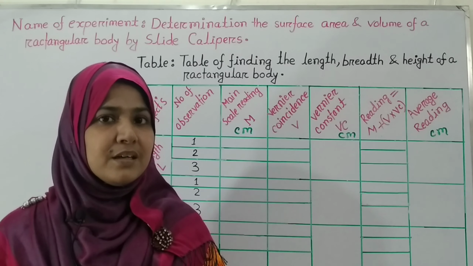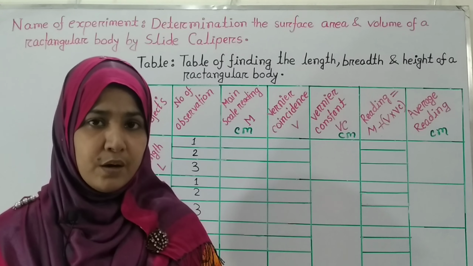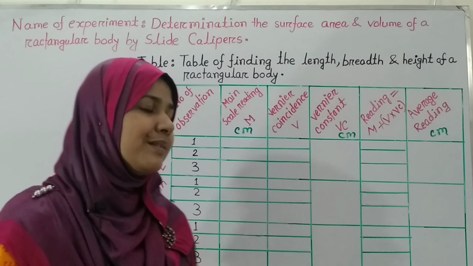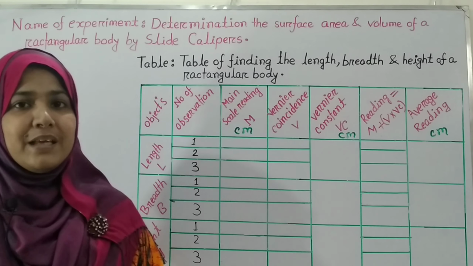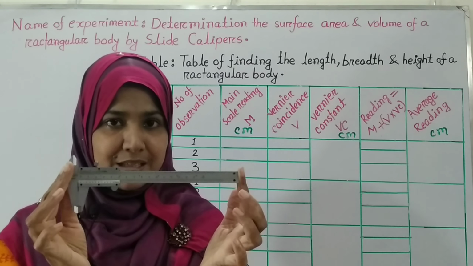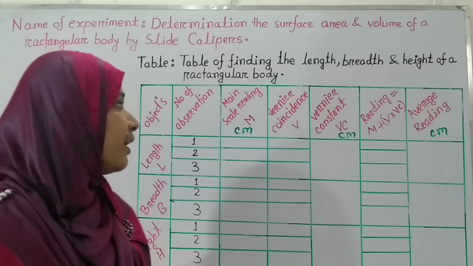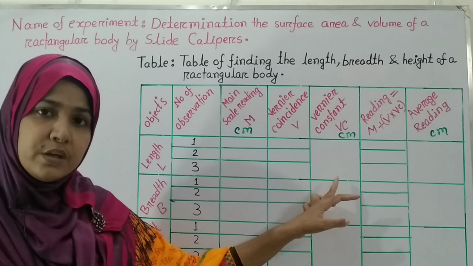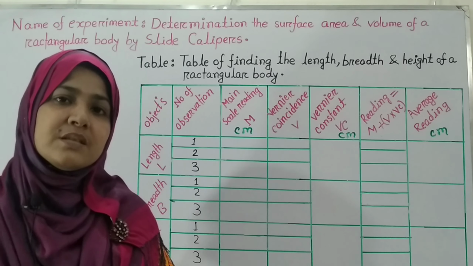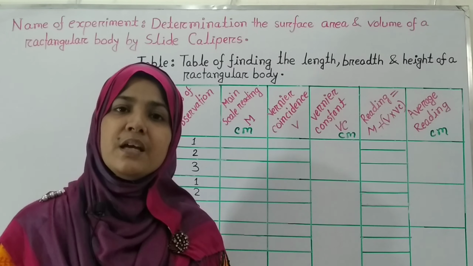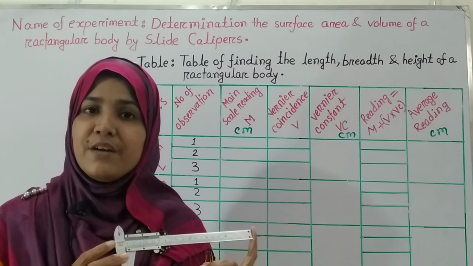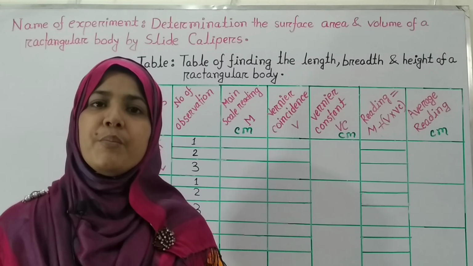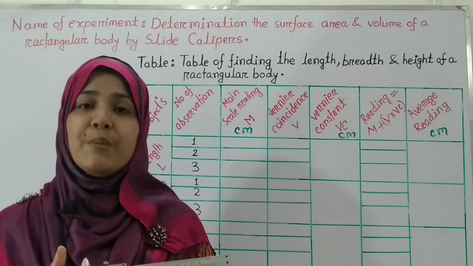Now, the first thing you have to measure to calculate the length or breadth by using this vernier scale is the vernier constant. Why are we going to measure the vernier constant first? Because in every instrument or in every slide calipers, the vernier constant is fixed, which mainly depends on the number of